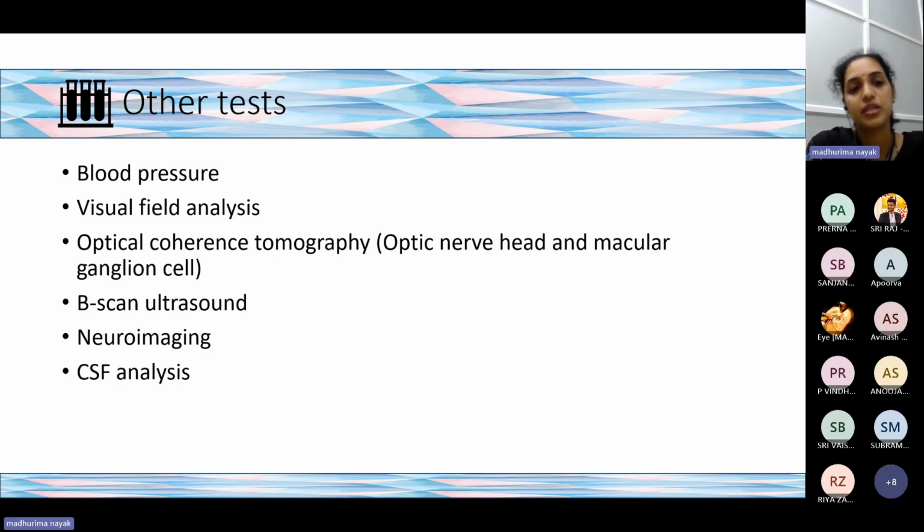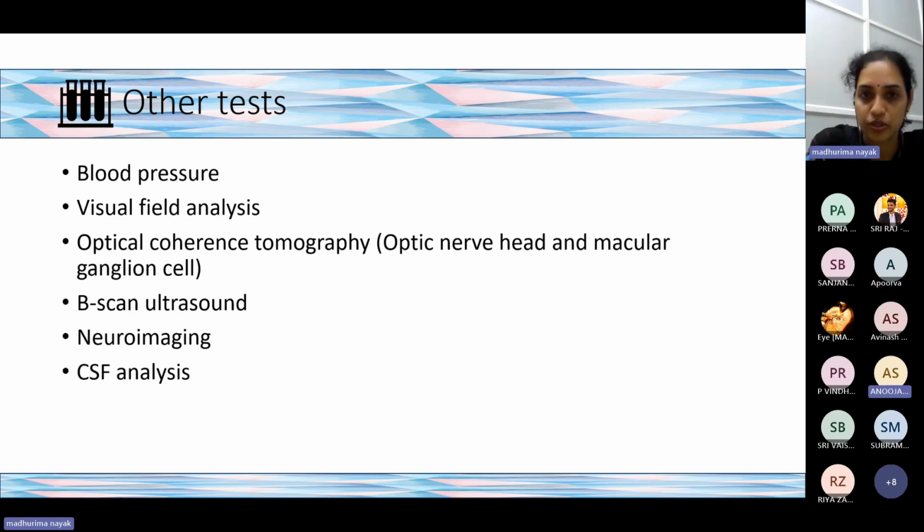What will you achieve by doing a visual field analysis? Some examples, can you give me? Ma'am, neurological, or whether this thing, AION, that could be. Altitudinal field defects, yes, can be. Very good. And optic neuritis will have central or paracentral scotomas. Very good. Also in papilledema, you can see the enlarged